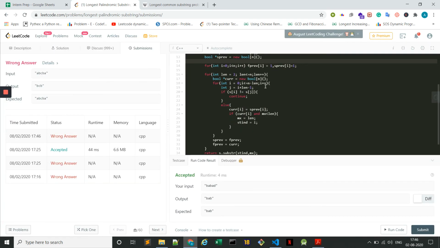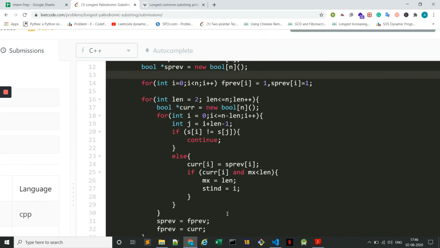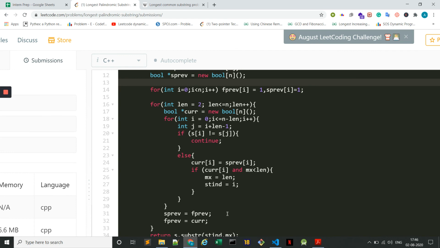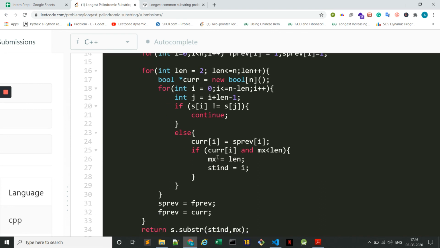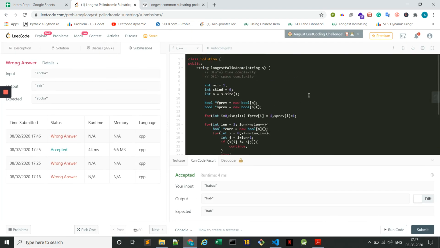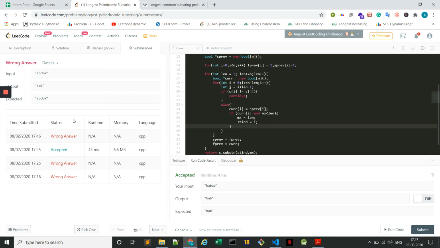If they both are equal, current of i is true. This is the case, yes, because it has to be palindrome. And if it is a palindrome and the maximum is less than the length, then we update maximum as length and we update the starting indexes. Yes, I think this is correct. But let us try to see this example in our local,